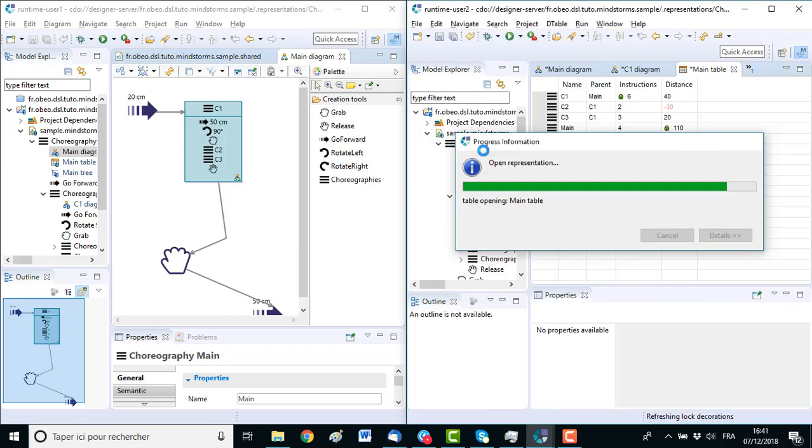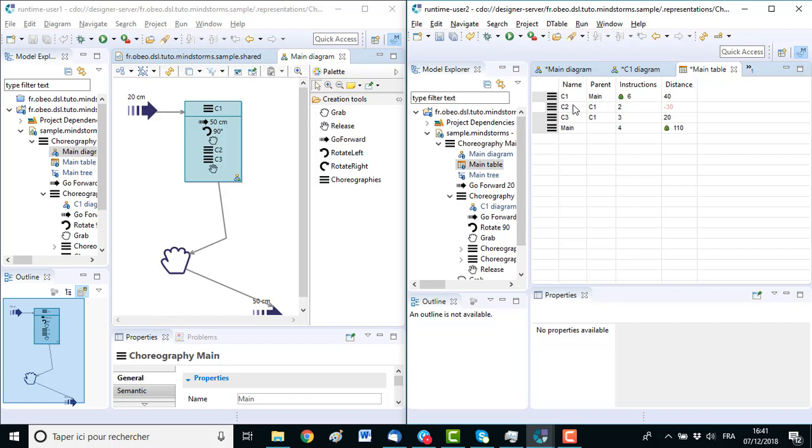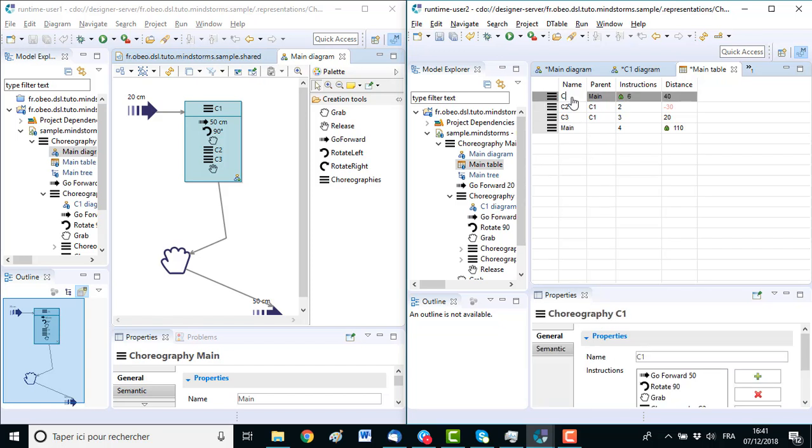For example, here I can change C1, rename it, so you can see C1 now C11 is locked, and C1 is locked here by user 2. And if I save, you can see the changes reflected automatically here.